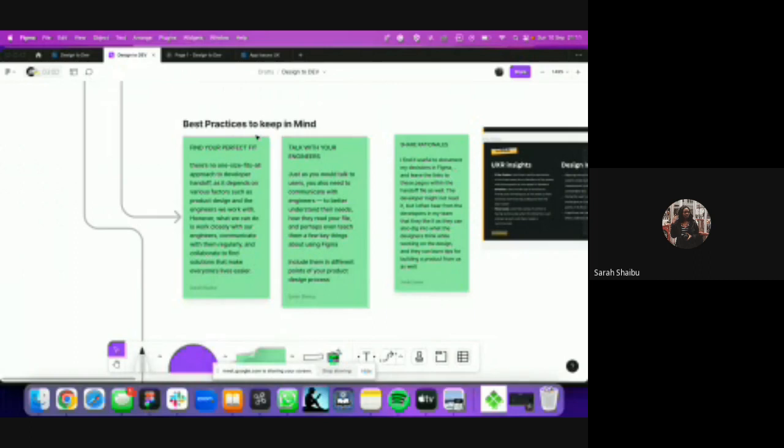How do they read our file? How do they find things? Are they familiar with Figma? You'll be surprised how many times a developer has messaged me to help them export an image, which is something that they can do themselves. So it's important for us to talk to them and understand their needs when it comes to collaborating with UX